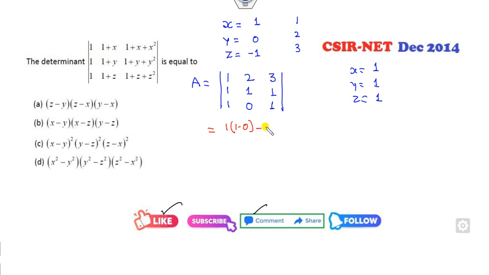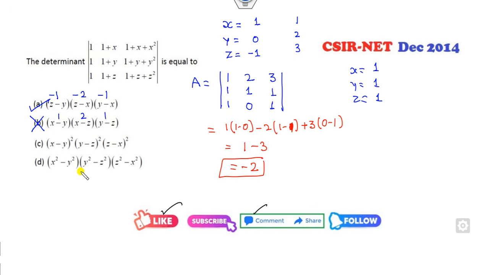1 minus 0, minus of 2, 1 minus 1, plus of 3, 0 minus 1, 1 minus 3 minus 2 is the right answer. Now look at the options. Z minus y minus 1, z minus x minus 2, y minus x minus 1. You can see the product is minus 2. X minus y 1, x minus z 2, y minus z 1, which is the plus 2, but we need